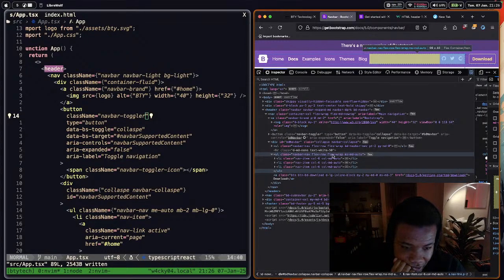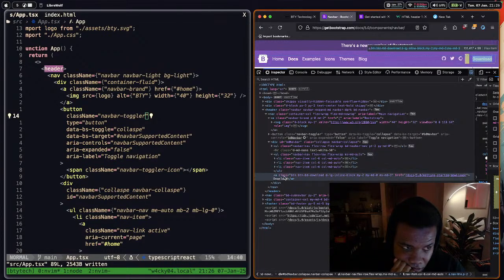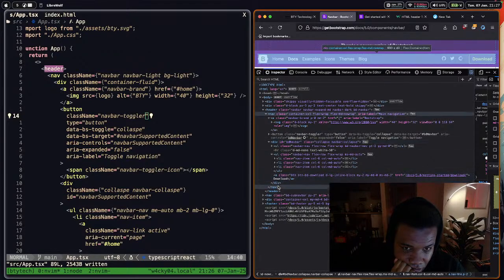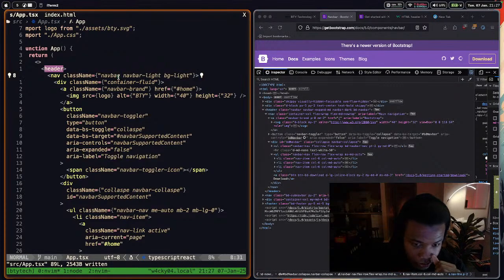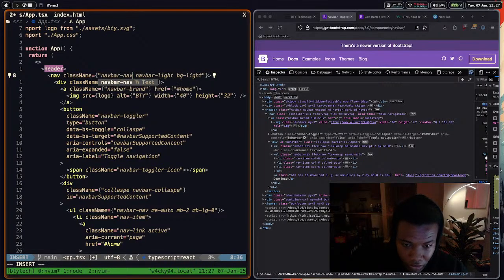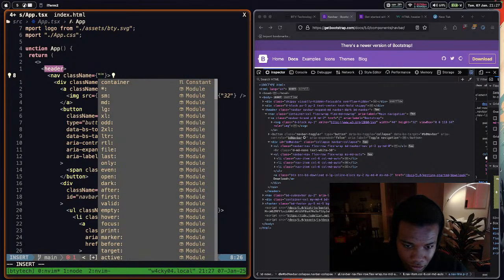I think I see flex row. And that's the end of their nav. Theirs is a navbar dash. Their class is